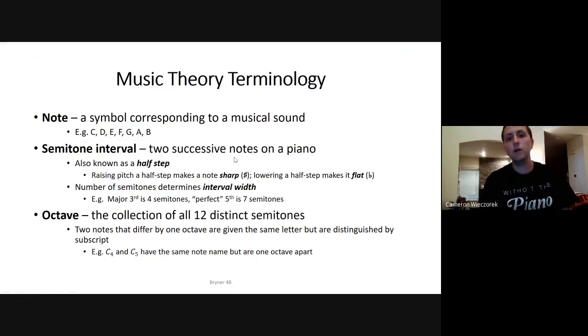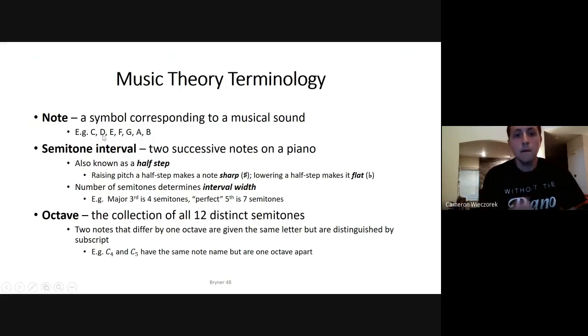So to get started, I want to talk about some basic music theory terminology. The most basic concept in music is what's called a note. And all it is, it's a symbol that corresponds to a musical sound. The letters used to name notes in the typical music theory system are C, D, E, F, G, A, and B. So on a piano, that would sound like this. This is a C, D, E, F, G, A, B, and then we're back to C, just a little bit